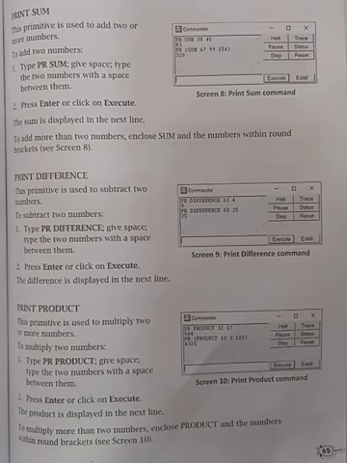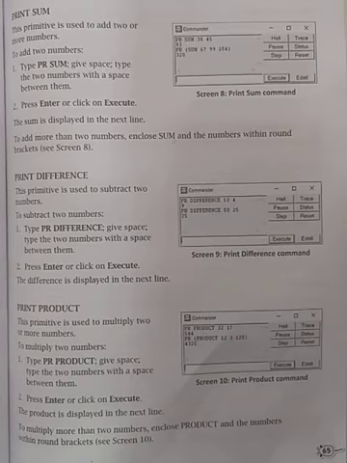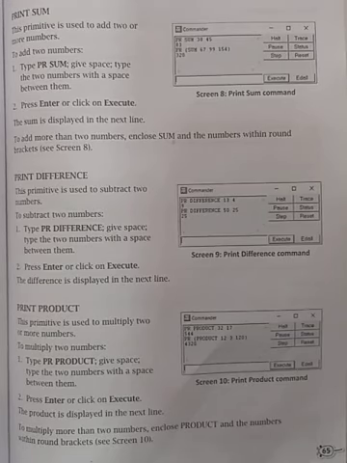Now to find the product of two numbers, simply write PR space product space two numbers 32 and 17 and hit enter. And also you can perform multiplication or product of more than two numbers. To perform this operation, simply write PR space round bracket product, then after space a number, for example 12, then after 3, then after 120 and round bracket close, and simply hit enter.